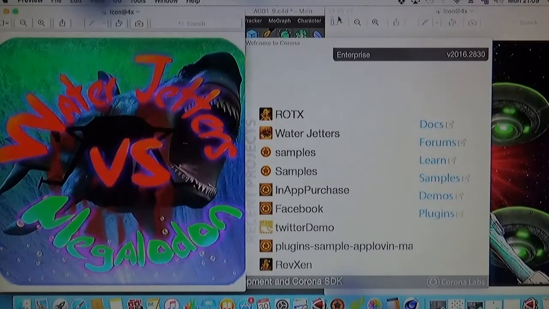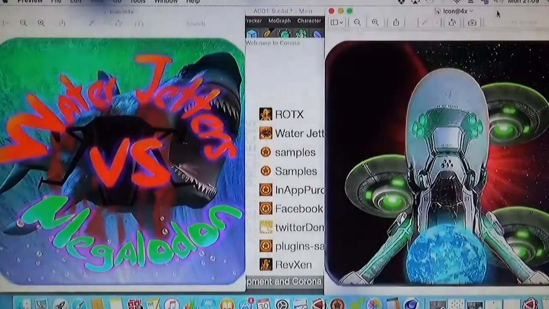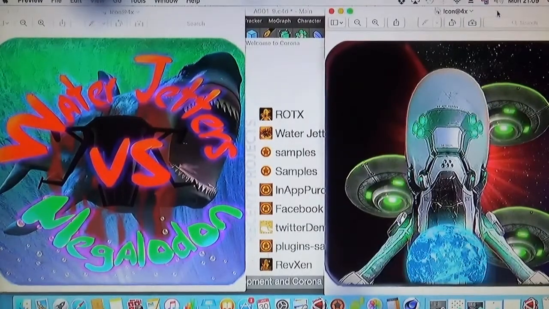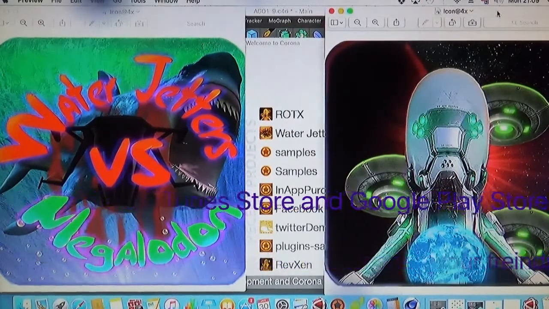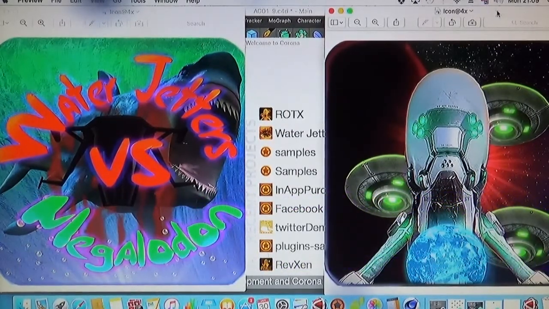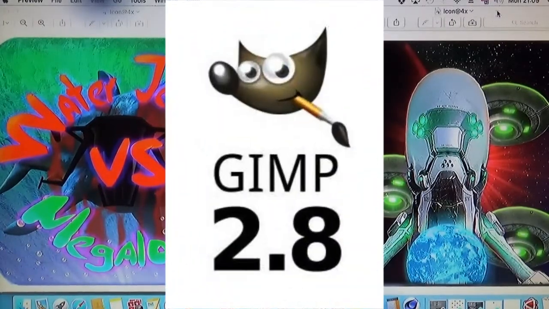So in the background, you may have noticed two app icons here. The first one is for our recently released game Waterjet vs Megalodon, which, as I say, is free to download now, so if you haven't had a chance to check it out, give it a go. And then the second app icon we have here is also for our new game ROTX, which is short for Revenge of the Xenomorph. And both of these were created using a program called GIMP 2.8, and GIMP 2.8 is